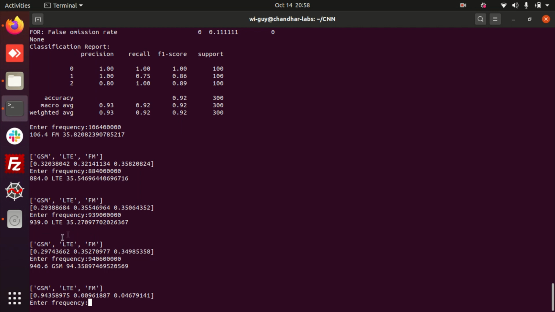So here there is some kind of misconception, GSM has been wrongly predicted as LTE. This can be avoided by increasing your training samples. From 100, if you go for 500 or 1000, this kind of wrong prediction can be avoided.